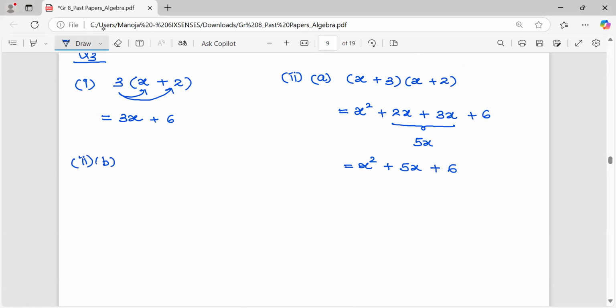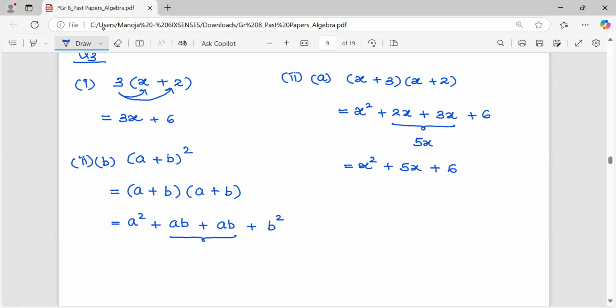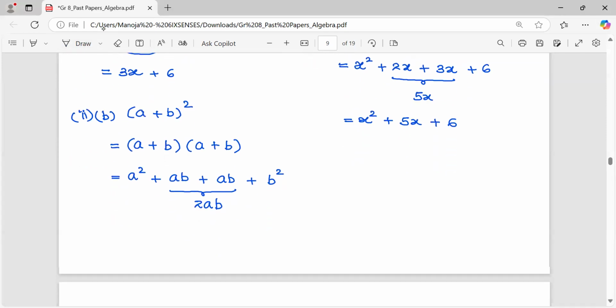Part B. Here I have (a + b) squared. So how I'm going to write it: (a + b)(a + b). A times a is a squared, a times b is ab, b times a is ab, and b times b is b squared. So then the ab and ab is 2ab. Right? So then I write